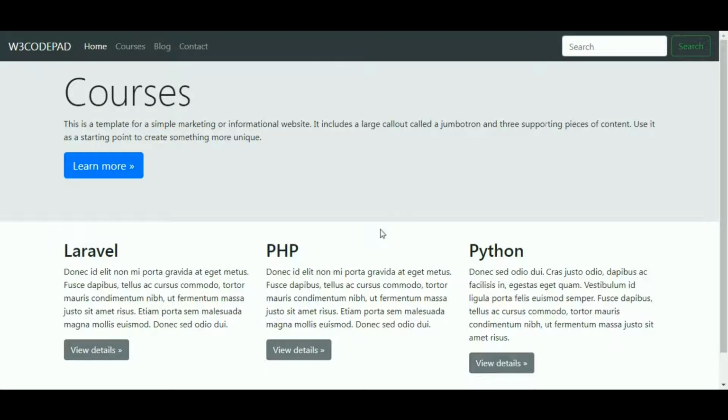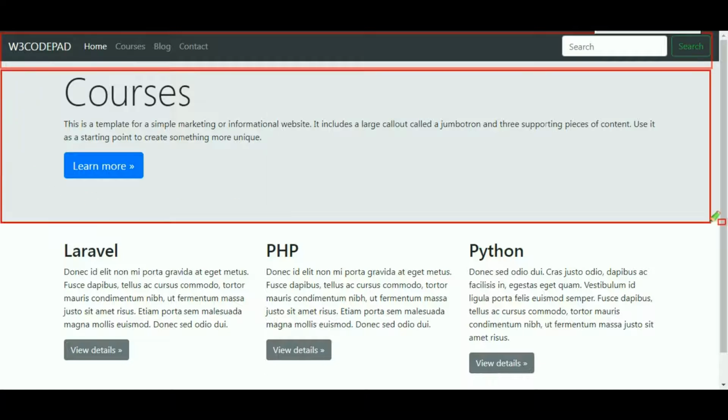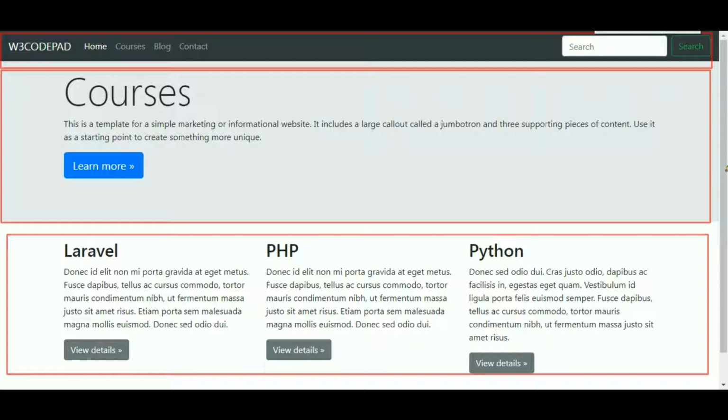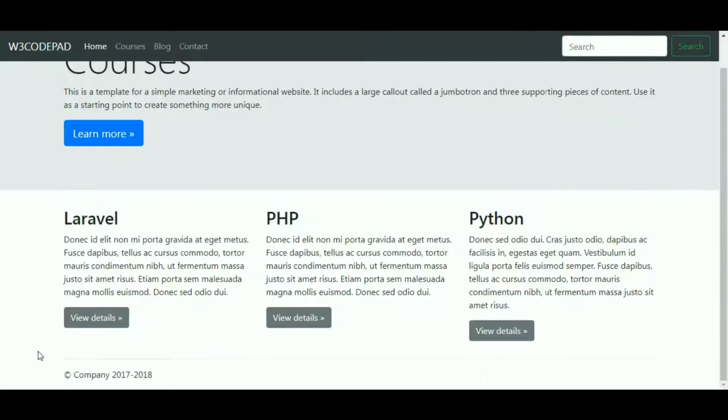Here on this screen, I have downloaded this template from Bootstrap examples, and I am going to use this template in my website. This is the heading part, this shows the menu, this is the banner, and this is the content area. In my layout there is another part, the footer. If you go down, the footer is there. So header, banner, and content area, and below there is a small footer section.